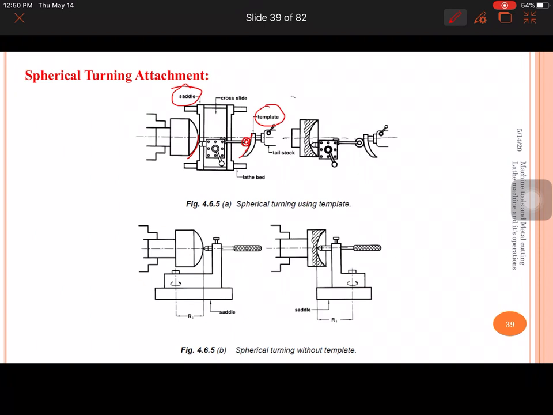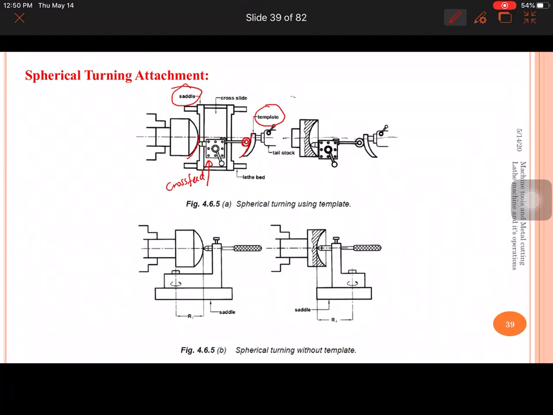In this spherical turning operation, we provide the cross feed movement to the cutting tool by the operator, which can be done manually or automatically. And the longitudinal feed motion provided by the spherical turning attachment is done by the movement of this roller across this template.